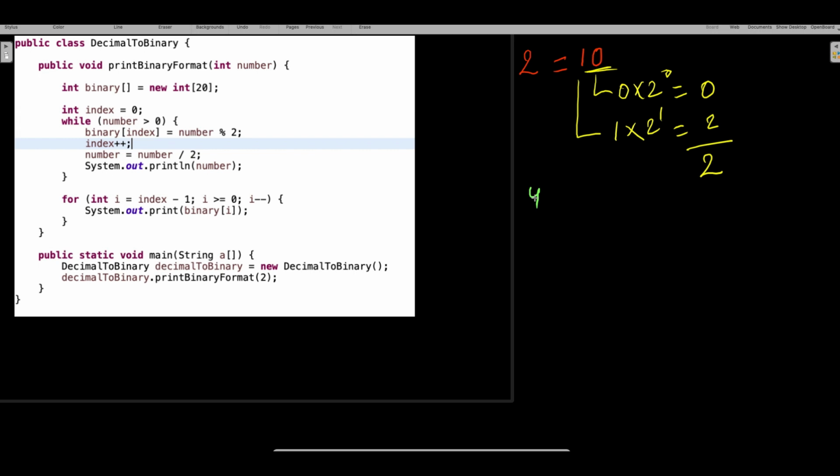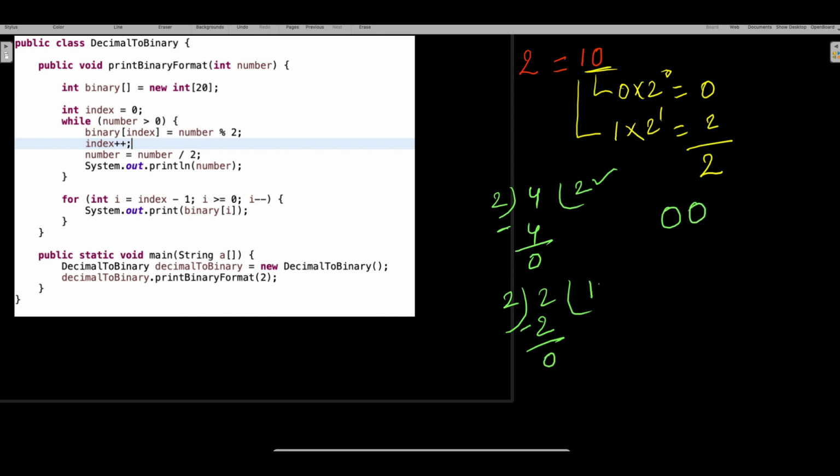Let's say I need to find the binary number for 4, and he has given me a clue. When you divide by 2, it will come 4 and the remainder will be 0, right? If I multiply 2 into 2 times, I will get how much? 4, and when I do a minus here, I will get a 0. So this is my first binary digit. Then how many times have I divided? 2 times. Now I'll pick this 2 and divide it by 2. How many times will this go? One time. 2 into 1 is equal to 2. If I do a minus, I'll get a 0. So again I got a 0.